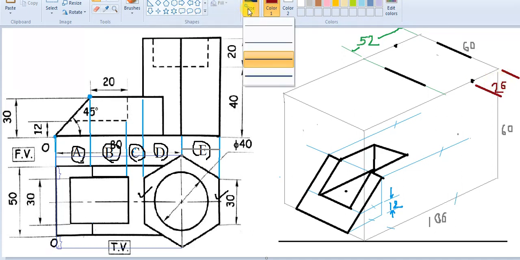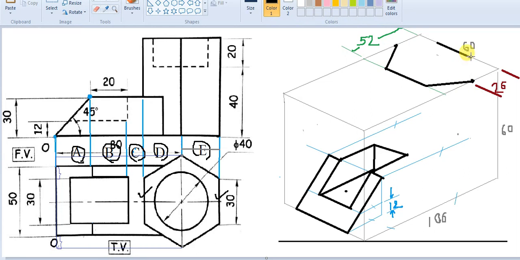Thereafter, the left out formality is very simple. We'll have to connect these points directly with this point, with this point, and last but not least, this point with this.